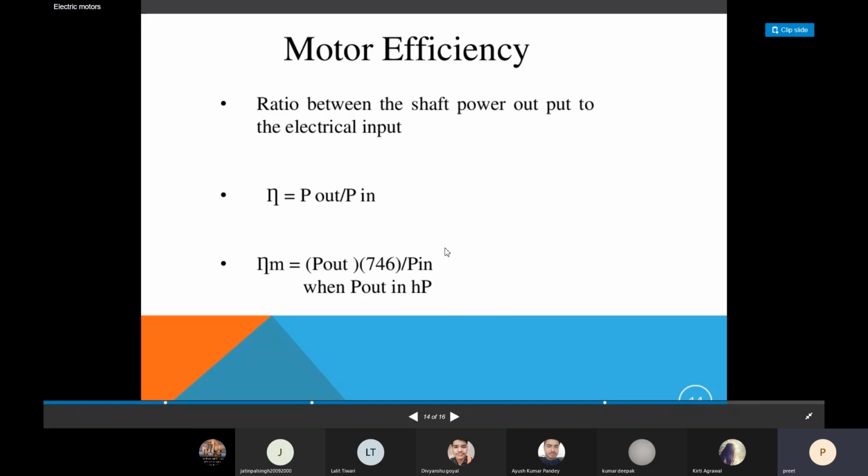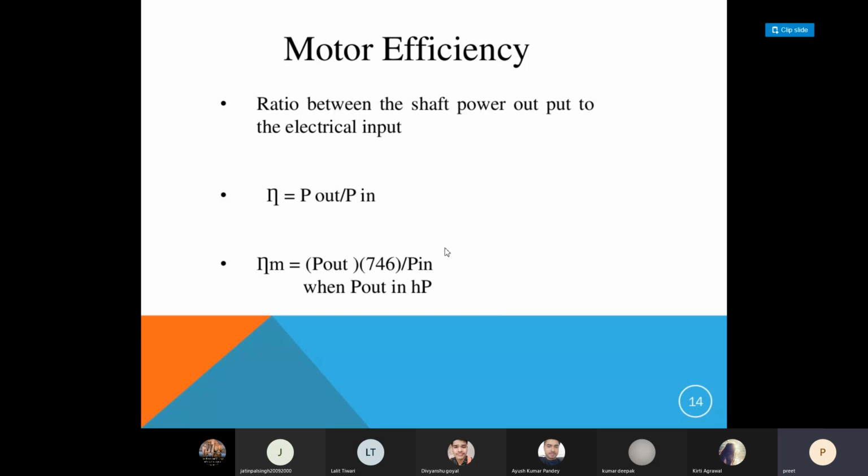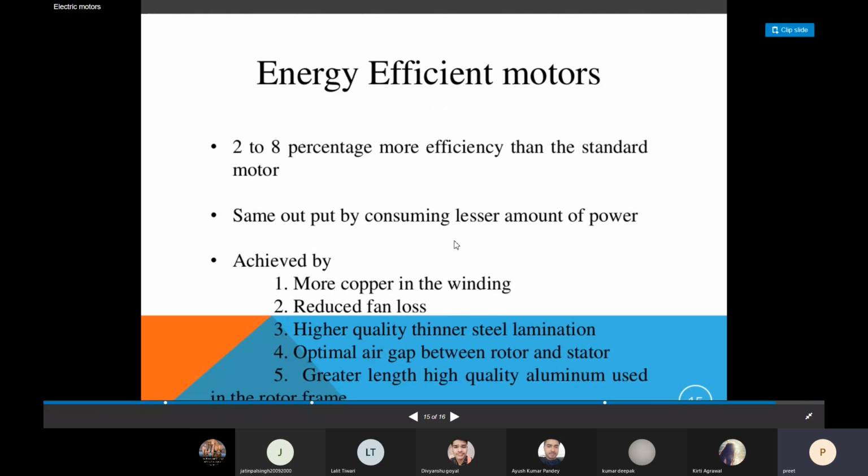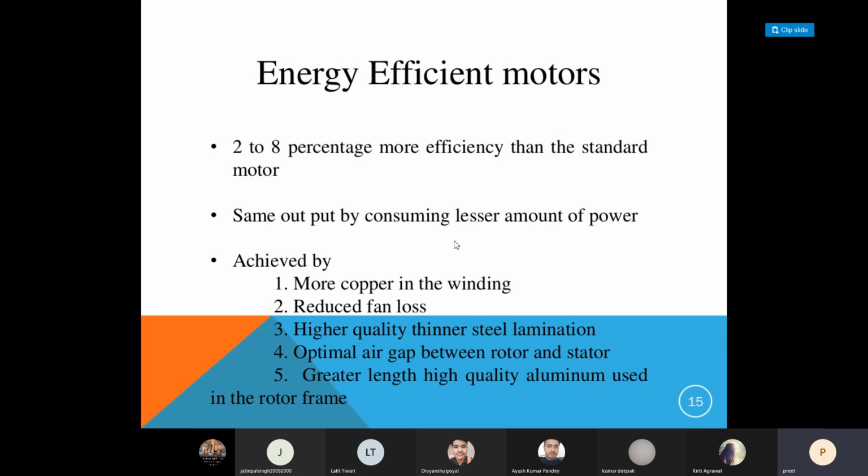About motor efficiency, we have studied in an elaborated manner that efficiency is nothing but output power upon input power. In the case of a transformer, we have seen that we can write the efficiency as input minus losses upon input, or we can calculate it as output upon losses plus output. Both are the same thing, and both will eventually calculate your efficiency.